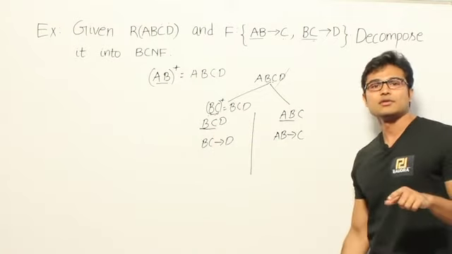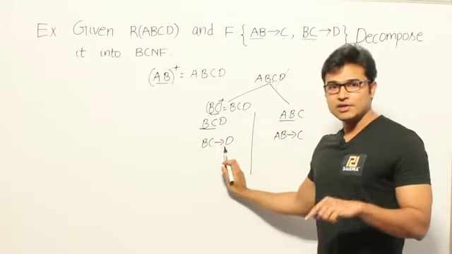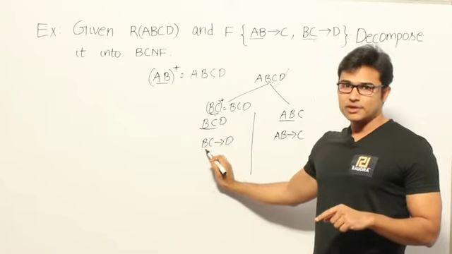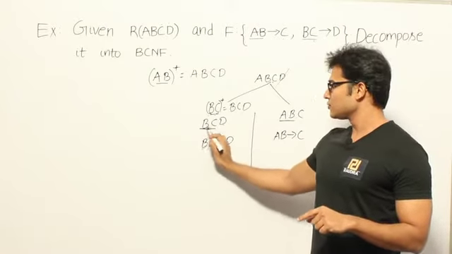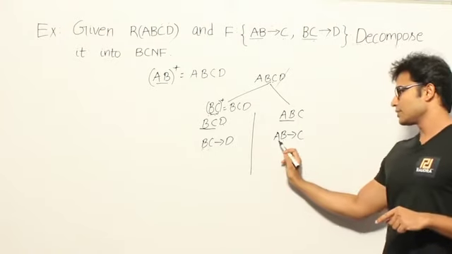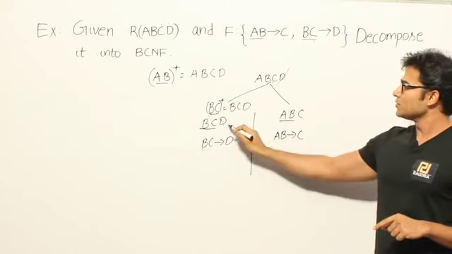How can you be sure? Because see what is the definition? If there is any functional dependency which is holding on this relation, then its left side should be the super key. Now if you see this, the left side is definitely a super key because BC is the candidate key, right? And again if you see this, the left side is definitely the super key because AB is the candidate key here. Therefore these two tables are in